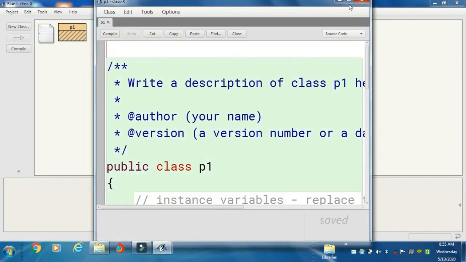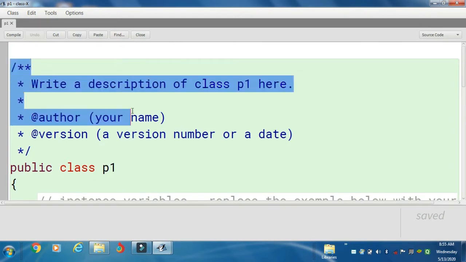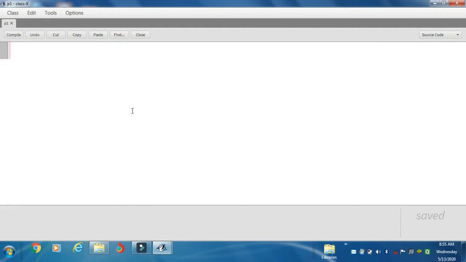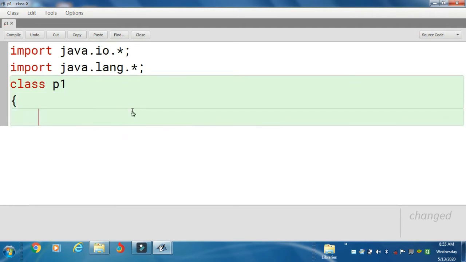Then double click this one. You get the interface. Then you can use the mouse for selection like this, or you can use Ctrl+A for full selection, then press the delete key. Now we need to write the package, because packages are the library functions, a collection of library functions. So the package for Java is import java.io.*; again import java.lang.*; then class P1, so first program, then public